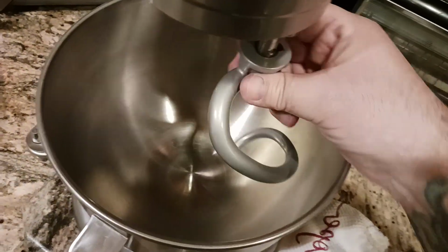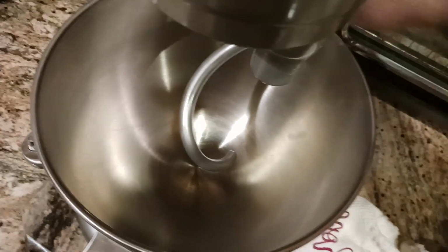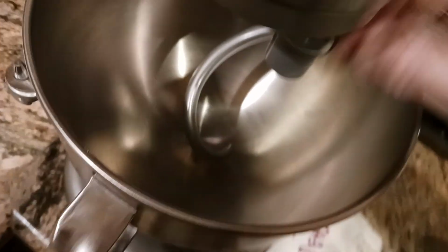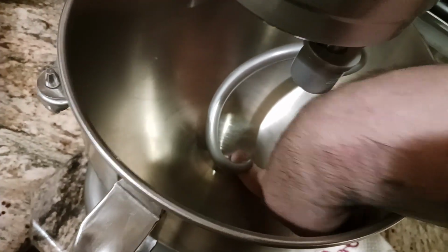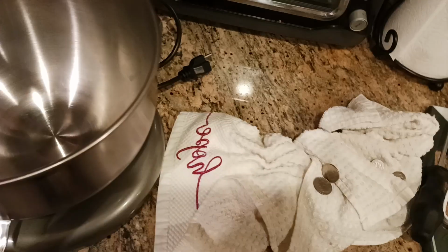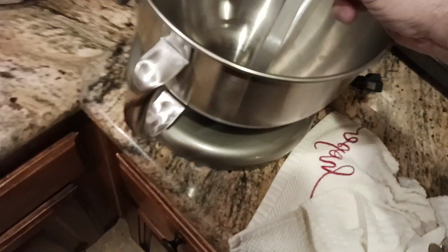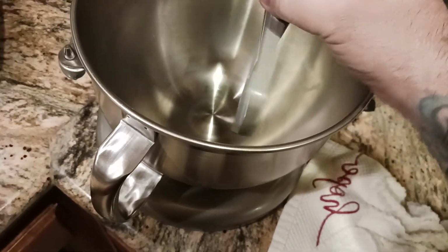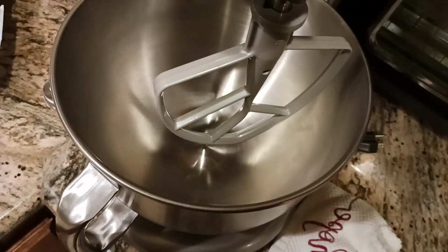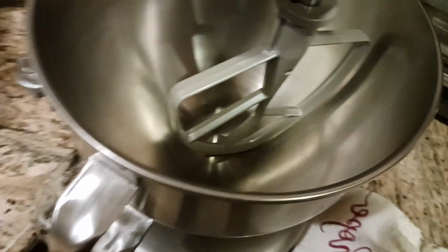So here's the attachment going back on again. If I can get it up in there. There we go. I'm going to go ahead and do one of these. And as you can see, I can pretty much put my whole finger through there, underneath there. Whereas with this one, when I go ahead and put this on there and lift this up, I can't get my finger underneath there, but what I can do is